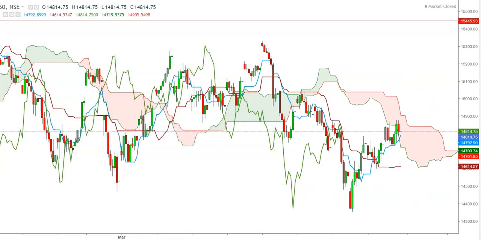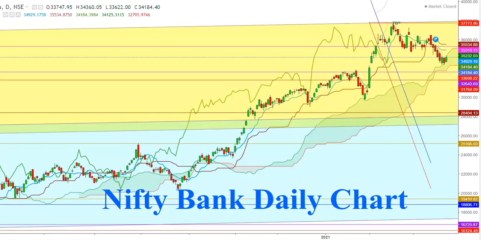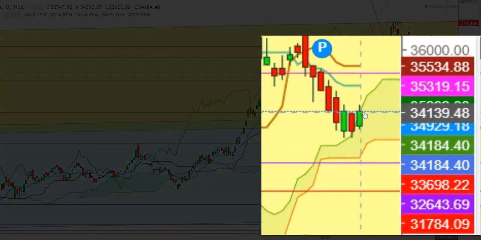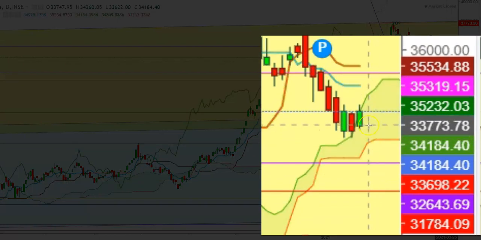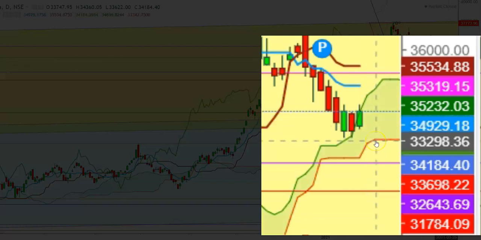So friends, now let's check the movements of Bank Nifty. Here you can see a daily chart of Bank Nifty. We have seen the Bank Nifty has been constantly facing a stiff resistance at the level of 34,200. So therefore, I find that if the Bank Nifty starts the day with a gap down opening below the level of 33,737, we could see the Bank Nifty test the lower end of the Ichimoku cloud, which is currently at the level of